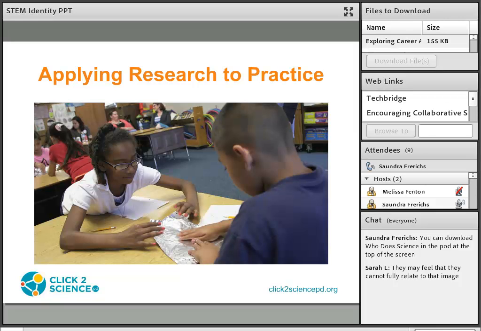They make them think that they don't want to be a scientist because they don't want to work in a lab, or they don't want to work alone or individually, or they don't want to blow things up or create weapons or viruses. They tend to want to help people. So that's an important thing to consider in these images and role models.